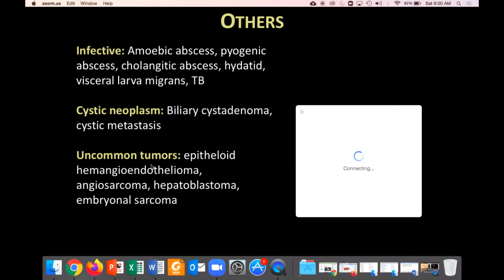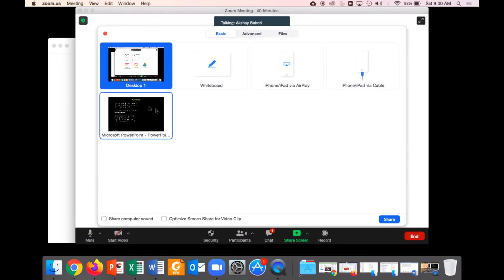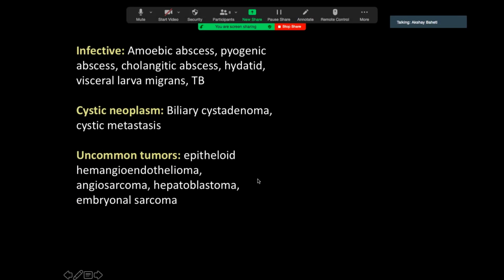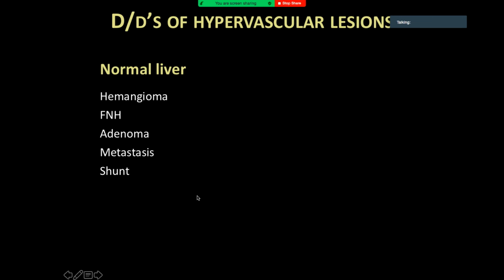Epithelioid hemangioendothelioma is basically like a hemangioma, so you will see a hemangiomatous pattern of centripetal enhancement. The difference is it's scarring, so there will be capsular retraction, and often multiple lesions which are subcapsular in location with capsular retraction. That's a classic thing. I'll send you the article. I haven't put it because I didn't see a very classic case in Tata. Hepatoblastoma and embryonal sarcoma we'll see in the peds session.